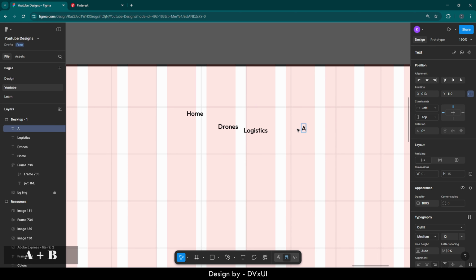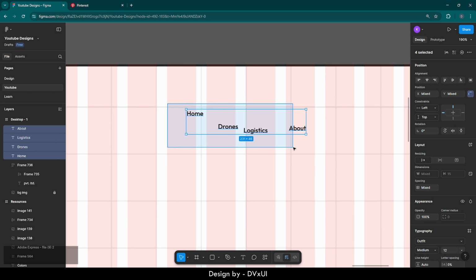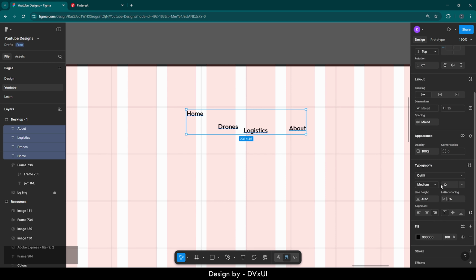And the fourth one is going to be about. Now, first of all, I will select all of them and change their appearance. Currently they are very small. I need to make them large. So font size is going to be 21 with regular font weight. Currently it is medium, so let's make it regular. Now it is completely changed, and as you can see, the alignment is not